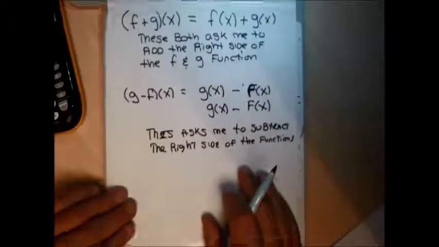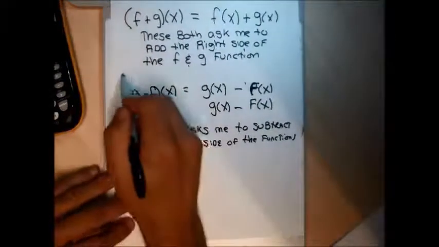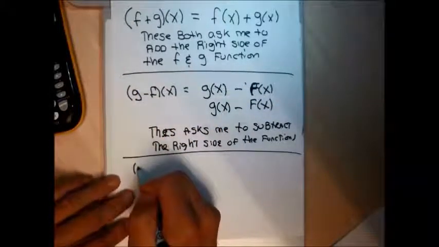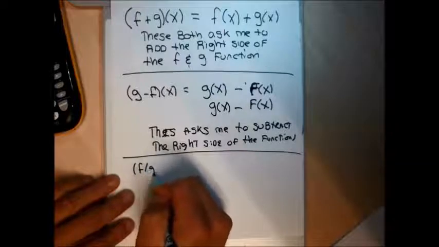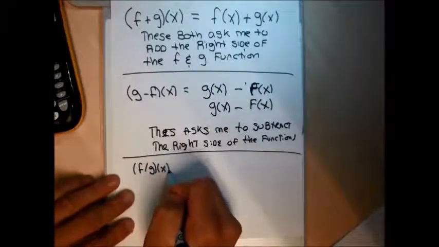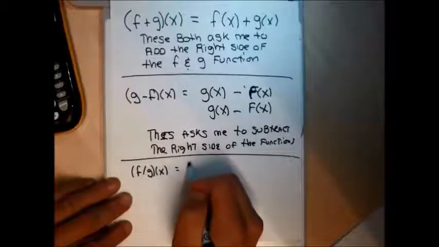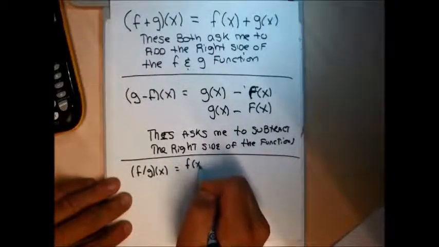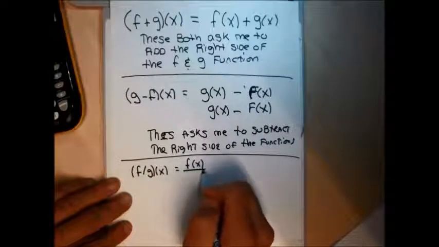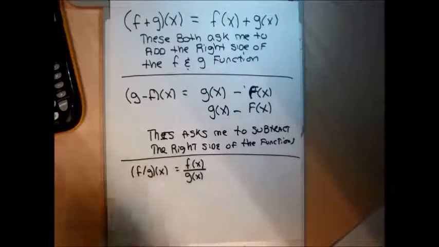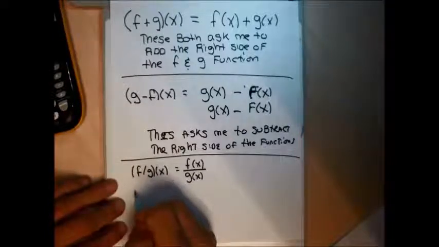The next two operations that we're going to have, so we have addition, subtraction, and we're going to have division and multiplication. This f divided by g of x, written like this, wants me to form a fraction with the right-hand side of f in the numerator and the right-hand side of g in the denominator. The fractions in some sense are the nicest because they're the ones that reduce the least. So I need to form a fraction